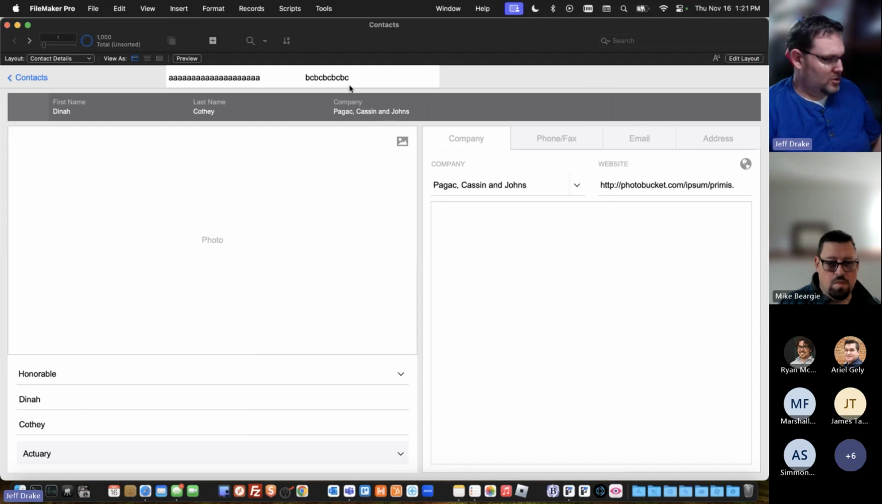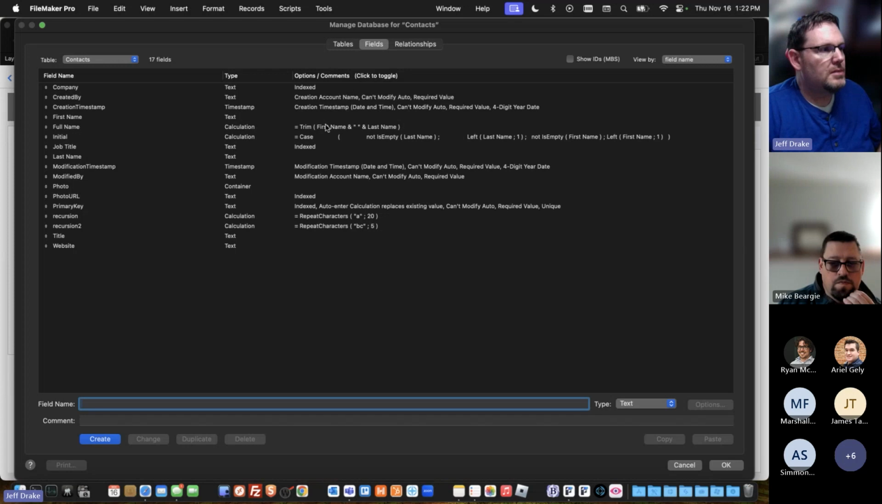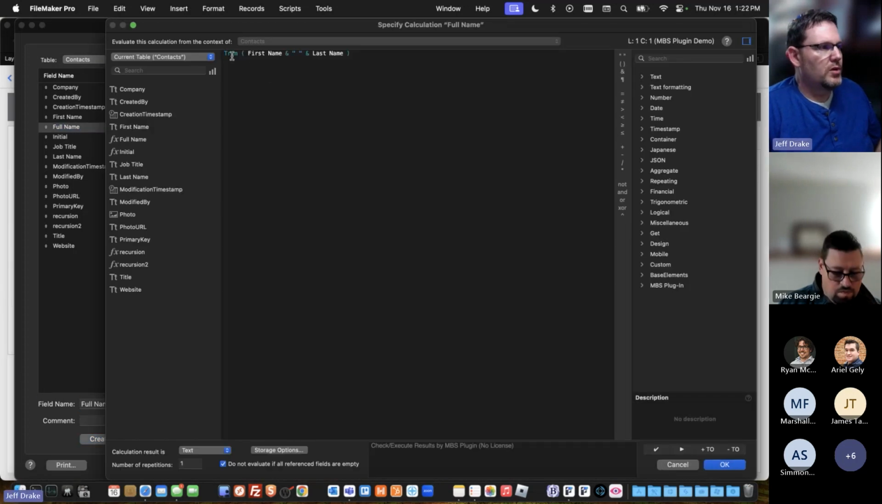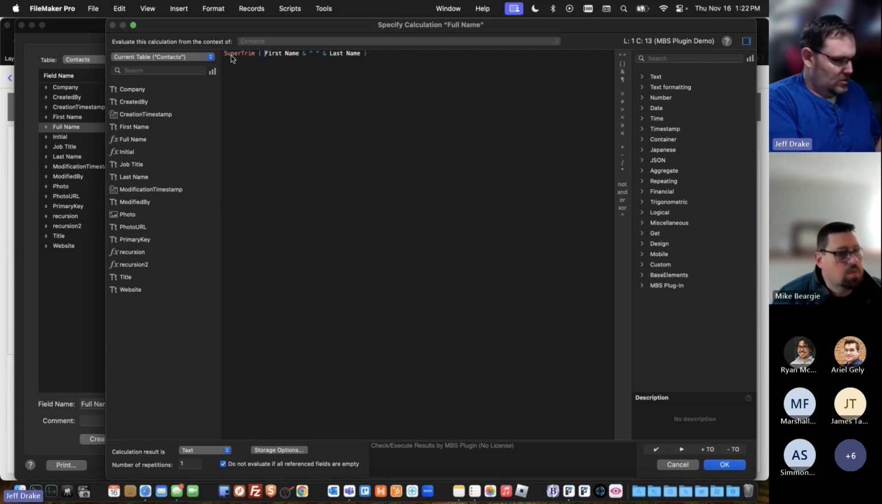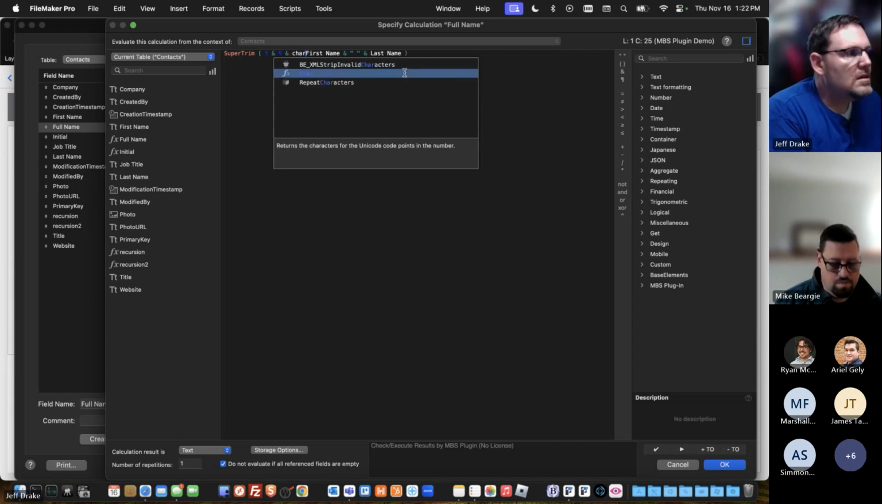So if we take SuperTrim and let's imagine that we copied and pasted some really weird data in here. So I'm going to put some carriage returns there, and let's see,